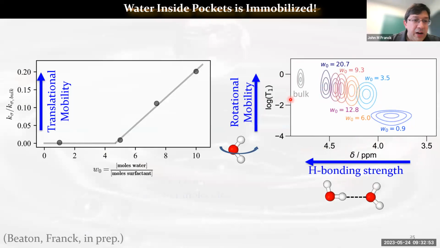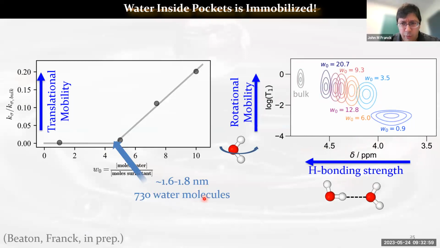And you see that, over here, I see this kink in my translational dynamics. This, by the way, is still a decent amount of water molecules, like 730 water molecules, where my translational dynamics seems to kind of shut off. I see at the same water loading, water loading being the size of the reverse micelle, so at the same size reverse micelle over here,